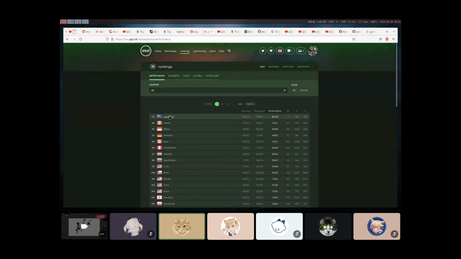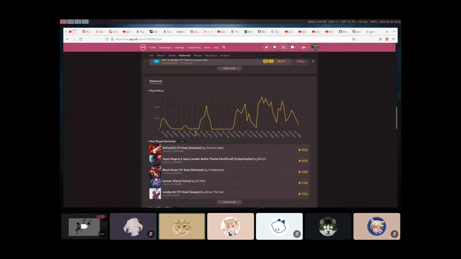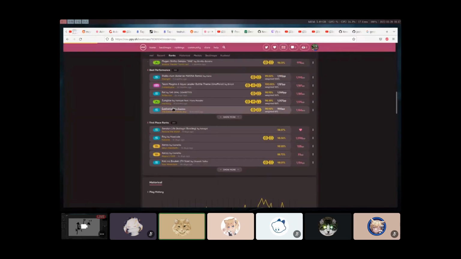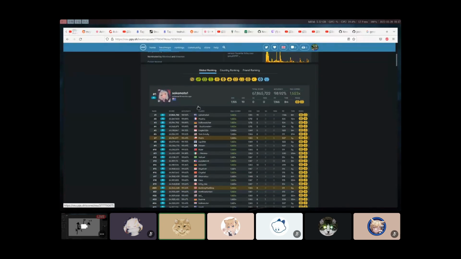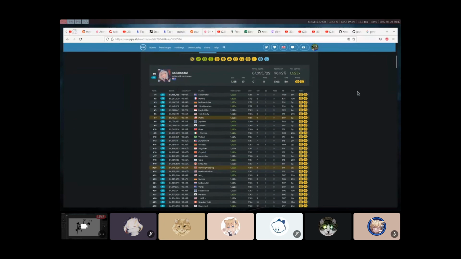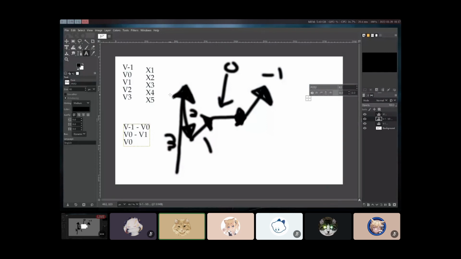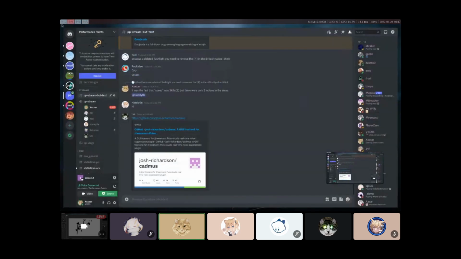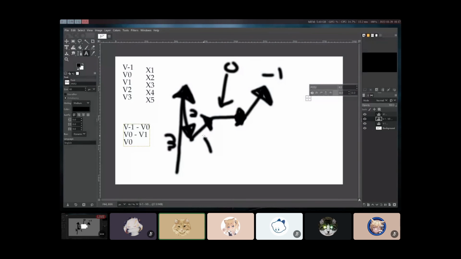If I go and look at, let me just grab something, a map like this, and I see all the scores on it, can I take the scores, break the map up into its components, along with a bunch of other maps, and regress to find what the most quote-unquote difficult patterns are based off of the scores that have been done? Oh, so you're not talking about actually identifying the difficulty, you're just trying to find a way to teach the system how to identify difficulty